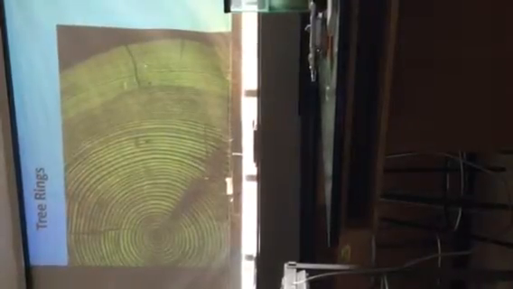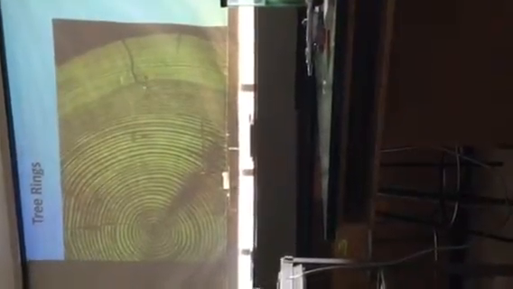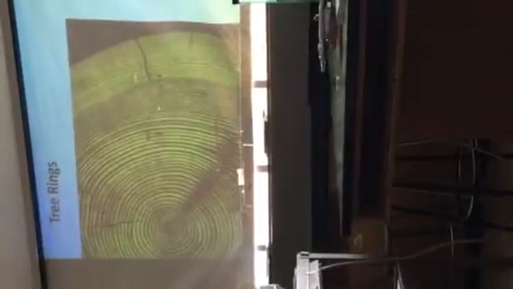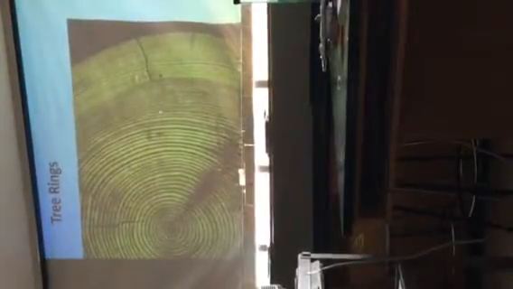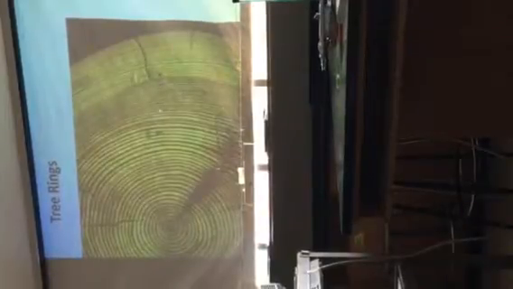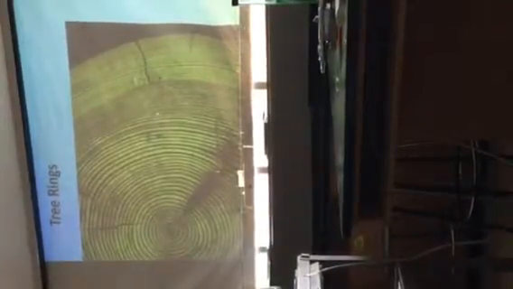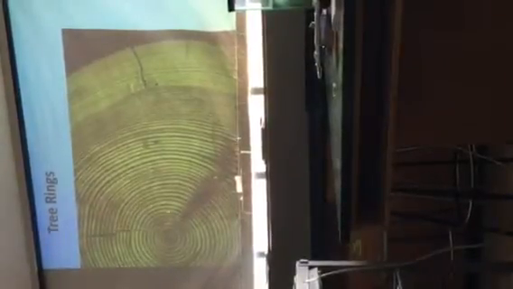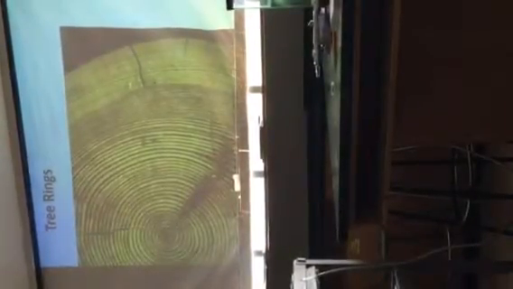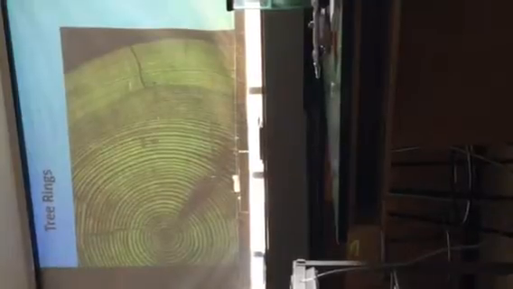Can you see that these rings are all thin, thin, thin, thin? Yeah. Thin, thin, thin, thin. And right here is where they switch from being thin to being thick. Can you see it? Yeah. So I know that this year right here is where the climate changed and it became wetter. These are wetter years where the tree grew more, and these are drier. Make sense?